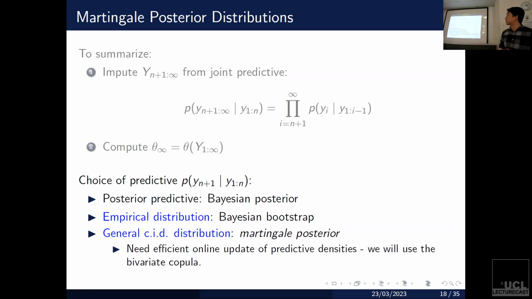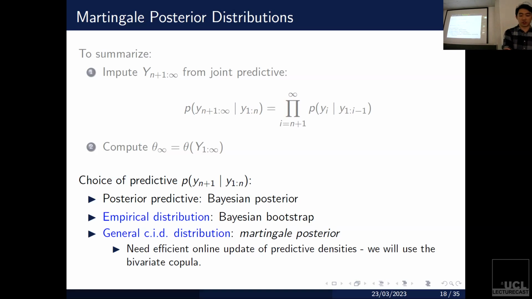But the methodological contribution here is that actually we don't even need things to be exchangeable. If we weaken it so that it's just CID, with this predictive coherence condition, then you actually have a much broader class of Bayesian models. And I put in quotation marks "Bayesian" because if it's not exchangeable, then technically there's no likelihood and prior representation. But under this predictive framework, we show that you still have all the core ingredients you need to carry out posterior sampling. And for this, we're going to be using something called the bivariate copula, which I'll talk about shortly. But this is closely connected to these online updating predictors.